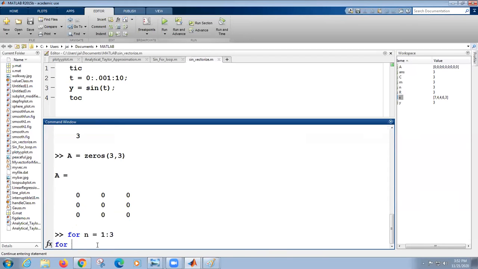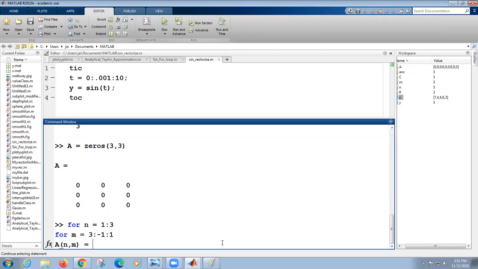Now for m is equal to 3 colon minus 1 colon 1. Okay. Now I take a of n comma m equal to n square. When I take n square, I use dot caret.